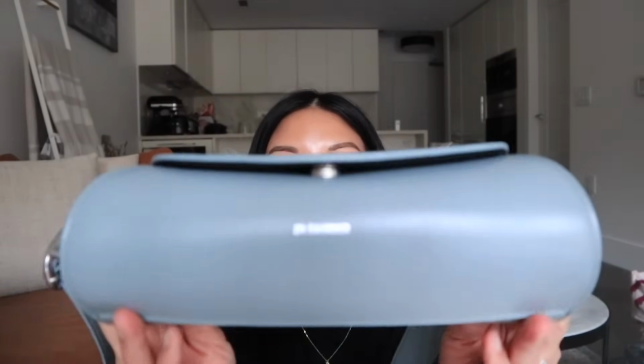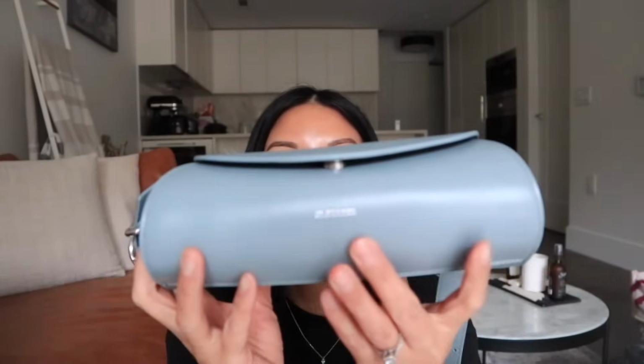And then I have this one from Jil Sander. I picked this one up at the very beginning of this year. This is the mini Cannolo. It's so cute. It has just silver,